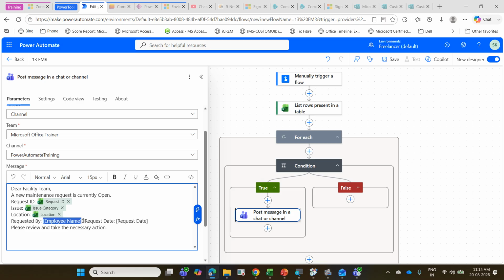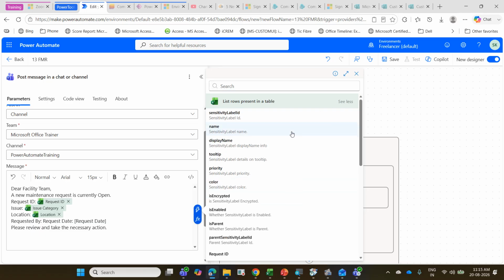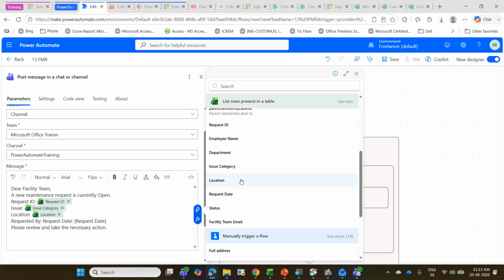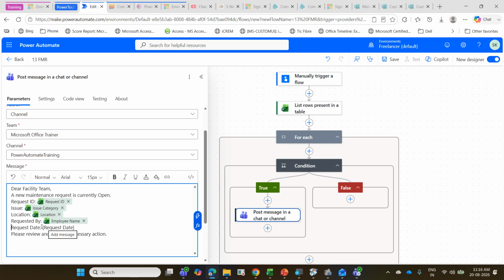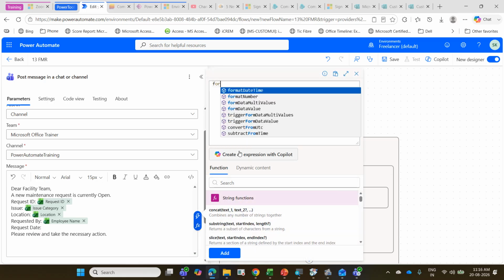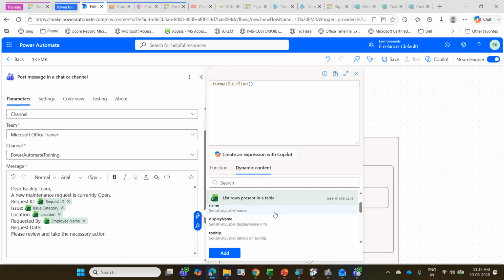So let us say this requested by the employee name. The last one is request date. I am not going to enter the request date. Let us go to FX, format, date and time, open bracket, inside it the dynamic content, I will put the date, request date, comma, single quote, DD,